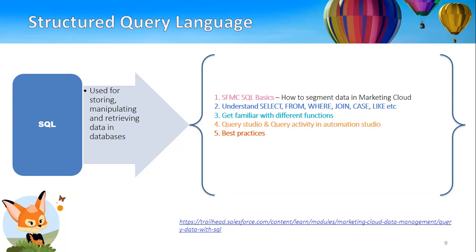But in Query Studio, it is not the case. As soon as you give some details, and if the syntax you are giving is proper, then it will automatically generate the output at the bottom of the screen. But not all the syntax which is supported in Query Activity is supported in Query Studio. There are some pros and cons for Query Studio, but if you are not okay with creating a data extension and running the query, I would say Query Studio is the better place to start your SQL query.